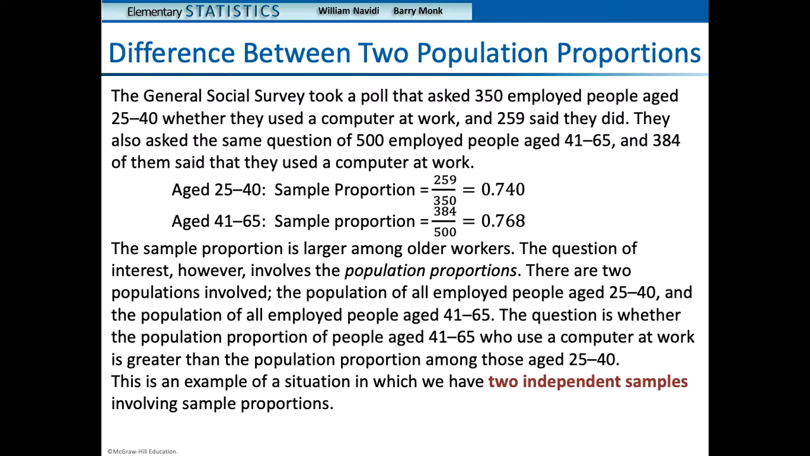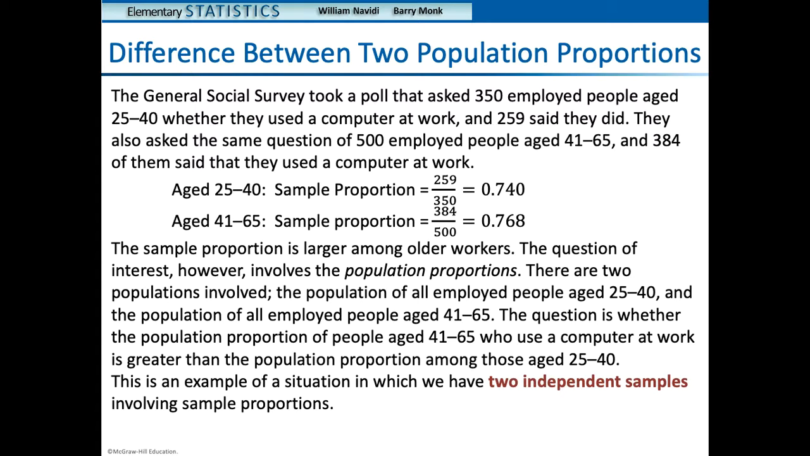So, from the two age groups, we can compute two sample proportions of the number of people who use a computer at work, right? For the 25 to 40 age group, the sample proportion is 259 divided by 350, which equals 0.74. For the 41 to 65 age group, the sample proportion is 384 divided by 500, which equals 0.768. We can clearly see that the sample proportion is larger among older workers, but the question of interest involves